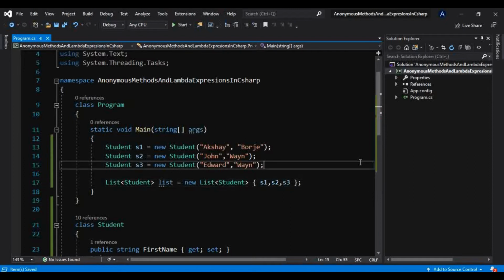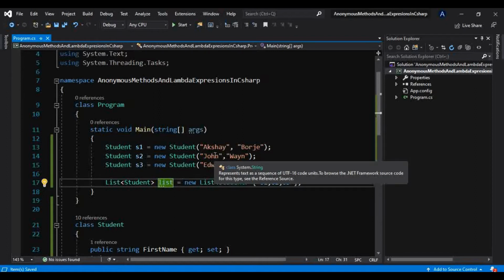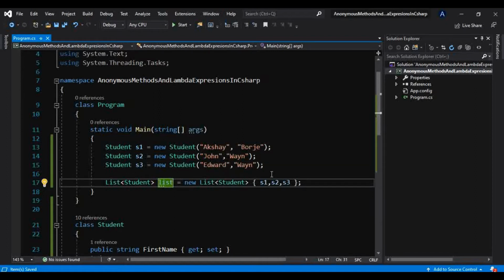Now we have this list, and in that list there are 3 students with names Akshay Borje, John Wayne and Edward Wayne.